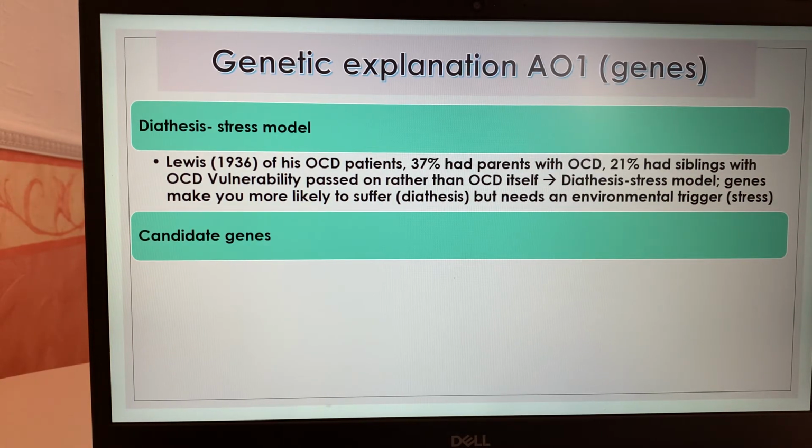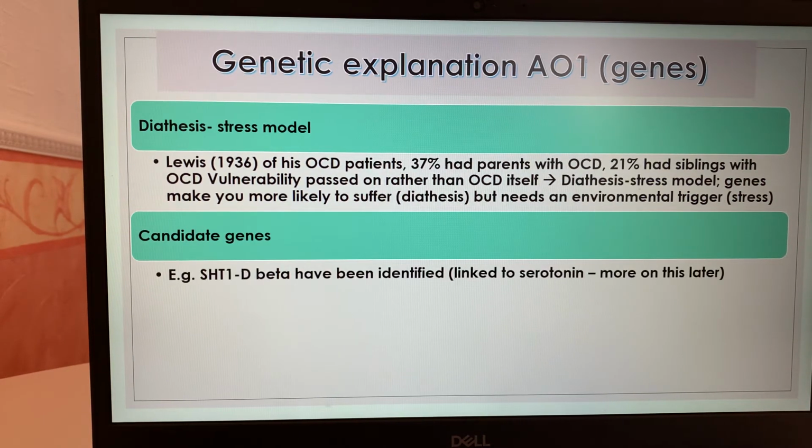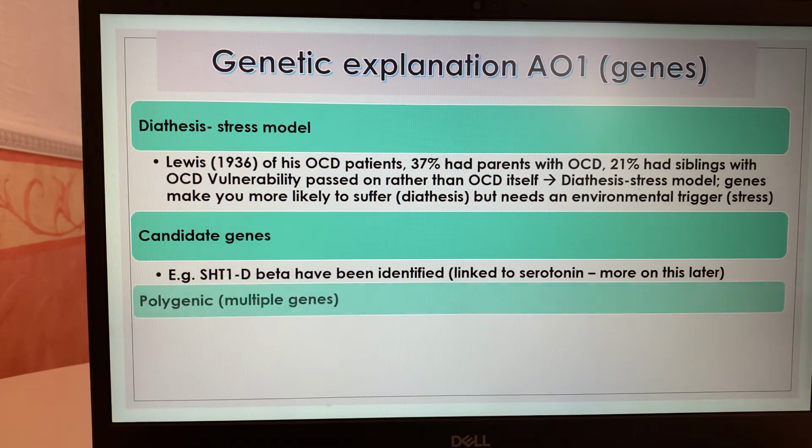So we've got genetic explanation, diathesis, and candidate genes is also a genetic explanation. And this is where, if you think of a candidate, like going to an interview, they are, you know, the main person in the running. Same with genes. SHT1D beta has been identified to have a link to serotonin, which we know is implicated in OCD, as having some kind of relevance. That's the only candidate gene that they've pinpointed to have some kind of relevance. However,